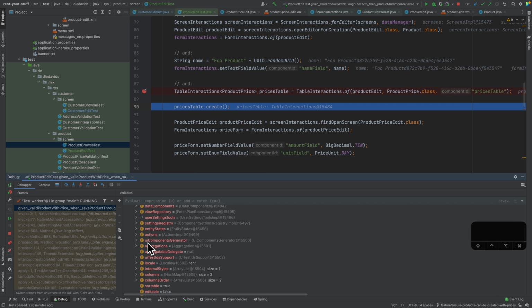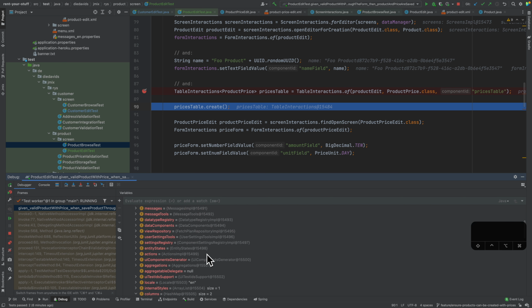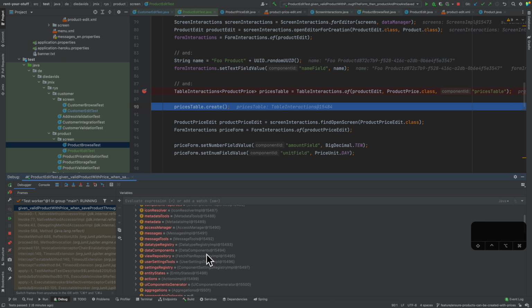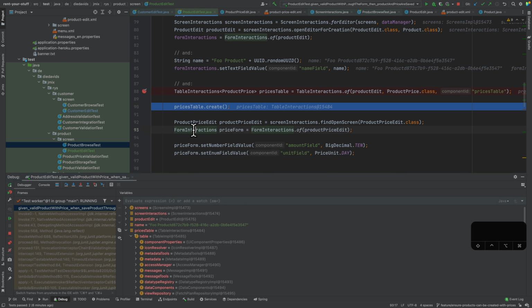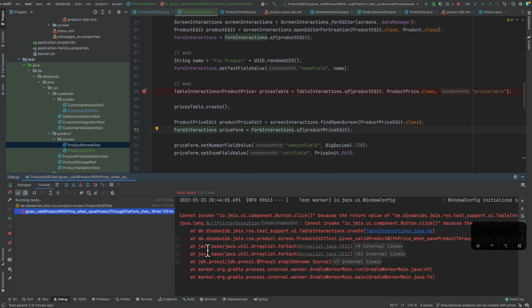And yeah, so probably we can, for example, look at the columns. So by the columns, you see that this is actually the right table that we interact with. So let's hop over this next one. And as we see here, there is now